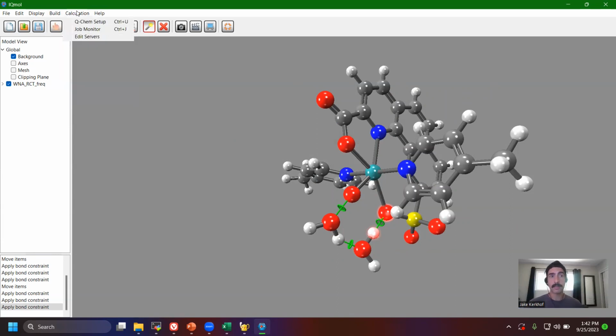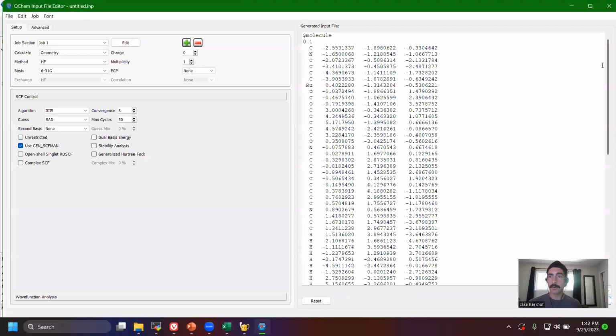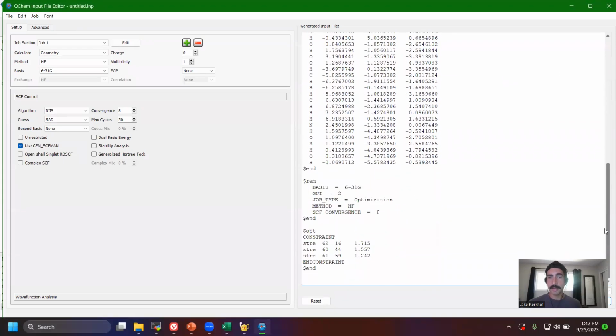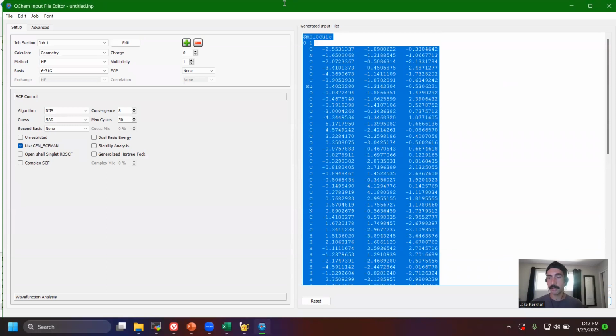So if we look at the input file given in the GUI for Q-Chem by going to calculation, Q-Chem setup, we can scroll down and we see this new section, opt constraint, in the input file. So when we do the geometry optimization, we'll need to add this into our file and copy in the new